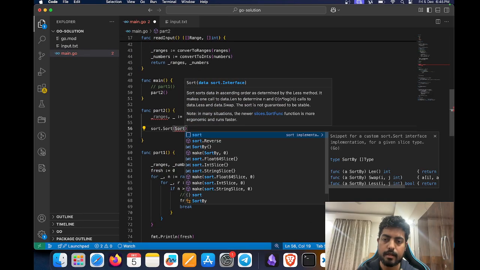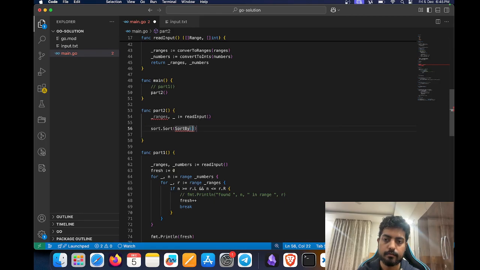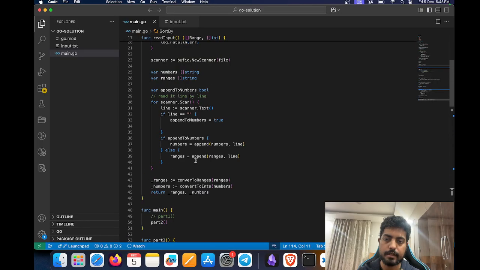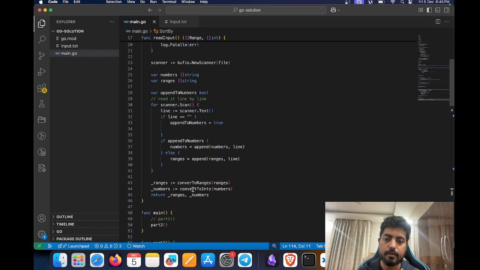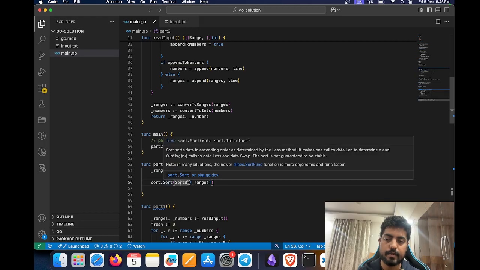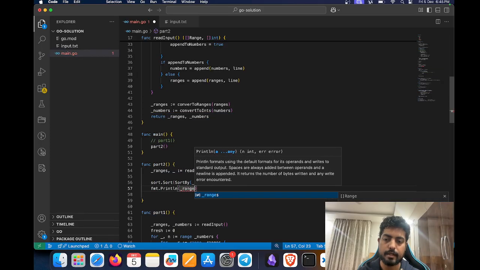Okay, I have to make this a sort by. So sort by is actually the interface here. So I need to just wrap this ranges to treat it as a sort by interface. So now we have this sorted. I think ranges is sorted now, and if we just print ln ranges,